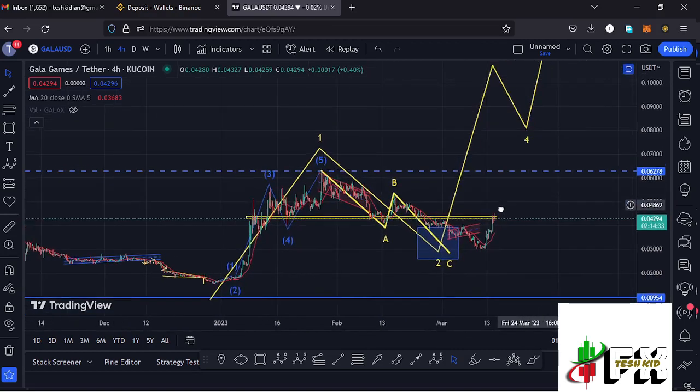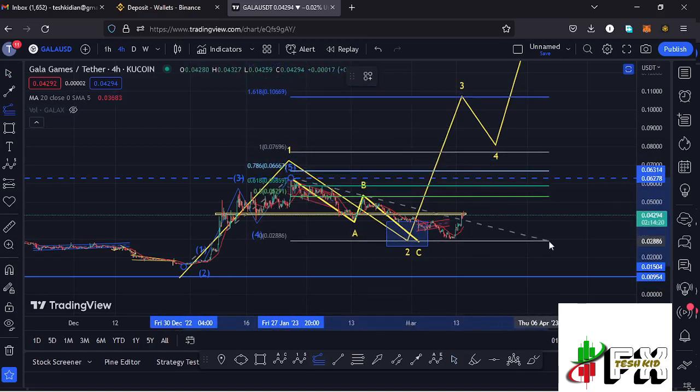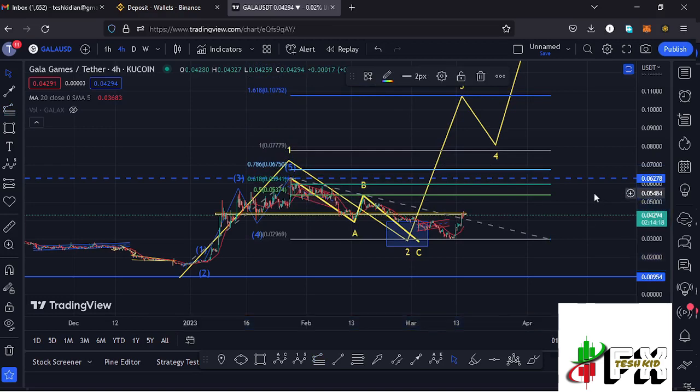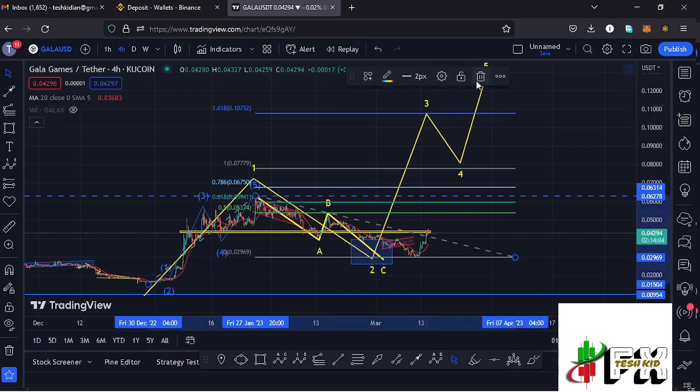and now sketching out a target area to the upper side in the formation of this wave 3, which is the move that I believe we are seeing at the moment, by connecting the trend based Fibonacci from the low of the first wave down there to the high of that wave 1, then dragging the fibs to the low of the second wave. That gives me a minimum target area to the upper side in the formation of that wave 3 at the fib level 1.618, and that is at around the $0.01075.2 mark, and that is the minimum that we can expect that higher Elliot wave count 3 to the upper side to do.